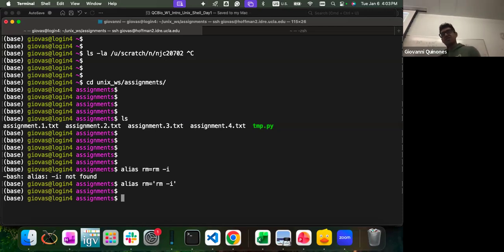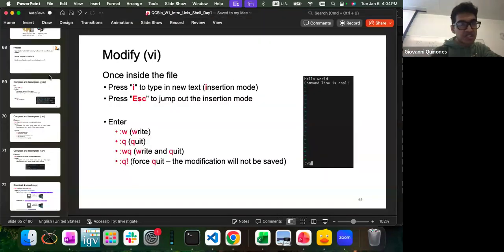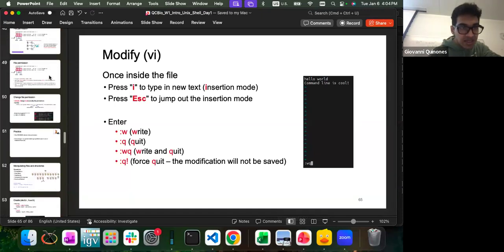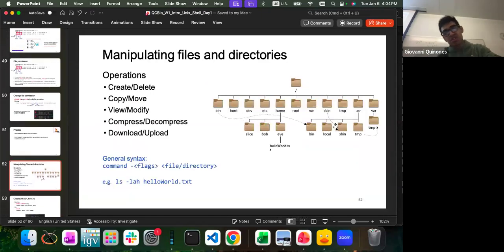Another thing to be mindful of is, well, in Hoffman, you don't have root access, so you don't have permission to modify any of the very important files that we talked about. Let me just go back. Remember I mentioned that every Unix operating system has this architecture, right?